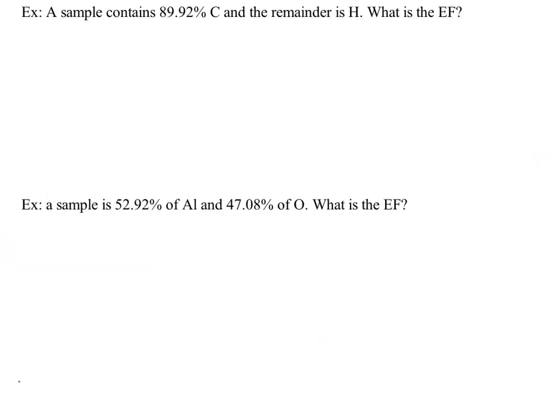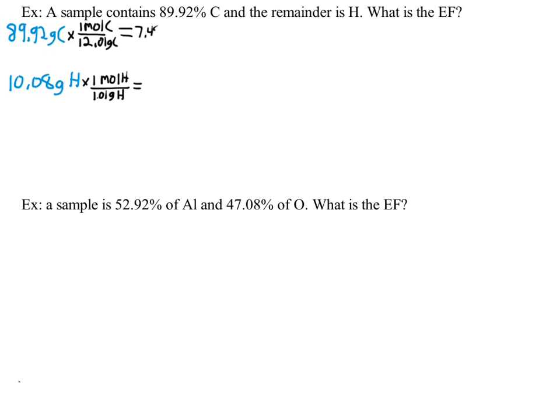Here's another example. Our first step is mass. So you write down the mass from the problem. It's given to us as percent, but I'm just going to call it grams. I found the 10.08% in grams by subtracting from 100. Then I convert to moles from the numbers on the periodic table. Now I'm going to divide both of them by the smallest number of moles to get a small whole number. So this one is 1, and this one turns out to be